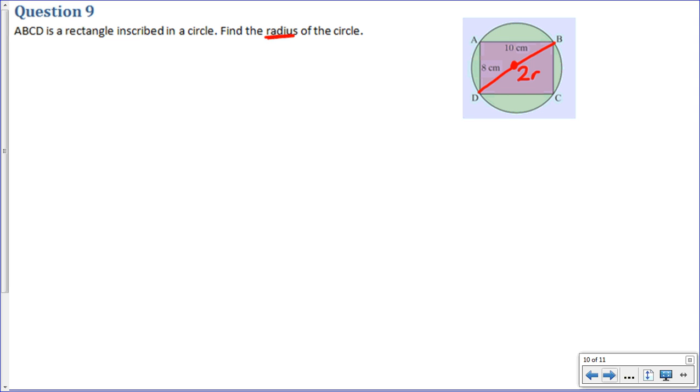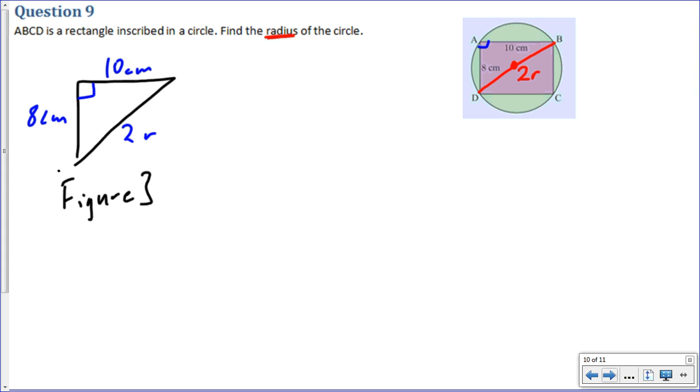But the key bit of the question here is find the radius. So I'm going to write my diagonal in terms of radii, so that when I come up with the answer, with r equals, I know that's going to be the radius. The next thing I'm going to do is actually draw that diagram without all the other bits and pieces. So I know that that's 10 centimetres, that's 8 centimetres, that's a right angle, and that's going to be 2r. We know that the corner of a rectangle is a right angle. So there's my figure